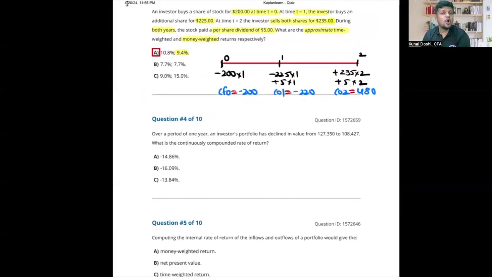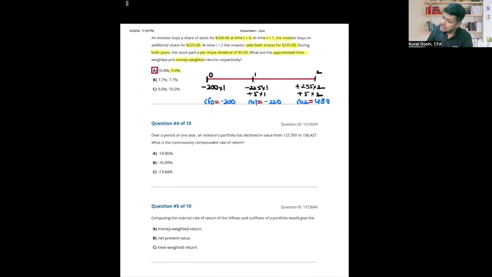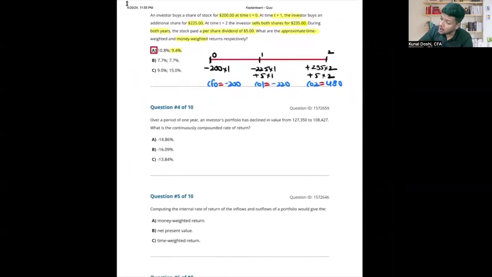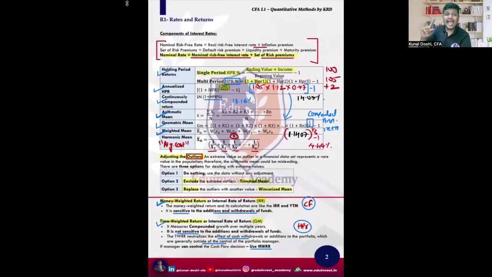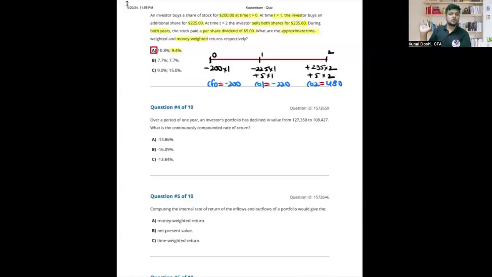However, I will also show you how to do time weighted here. Everyone with me? See, while doing money weighted, what was in my head? I told you how you should think: it's a cash flow. While doing time weighted, you have to focus on holding period returns. Ignore the cash flows, doesn't matter. Focus on the returns on the stock. How much is the holding period return here during this period?